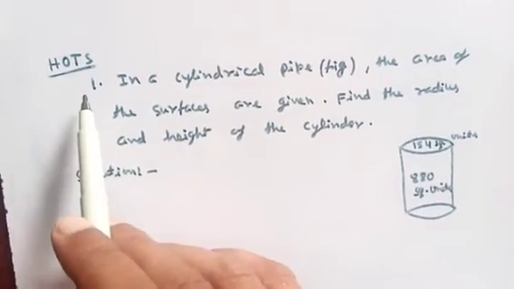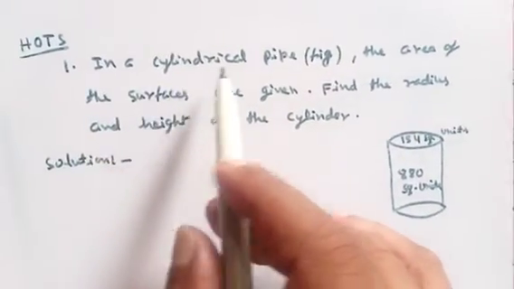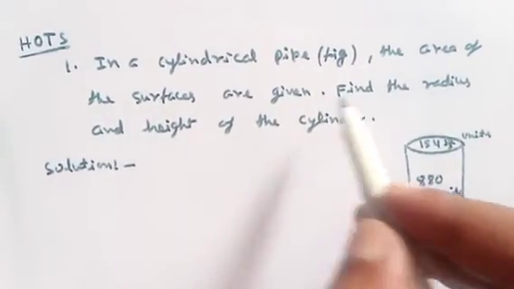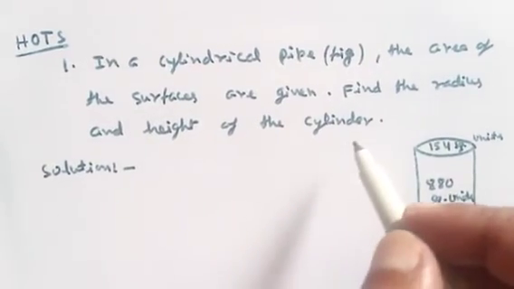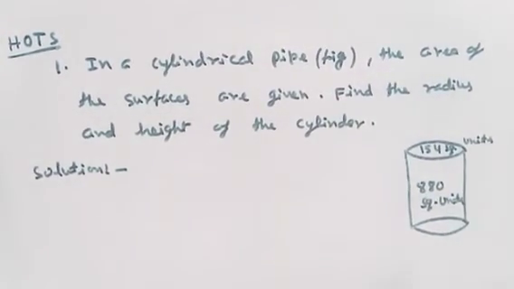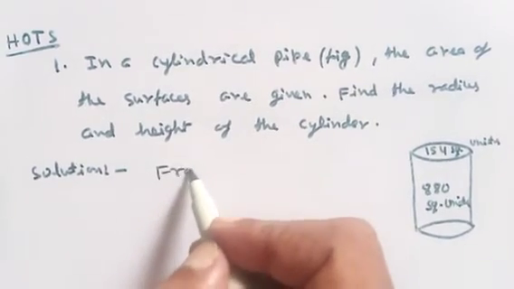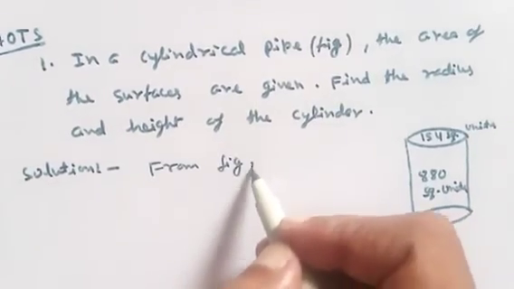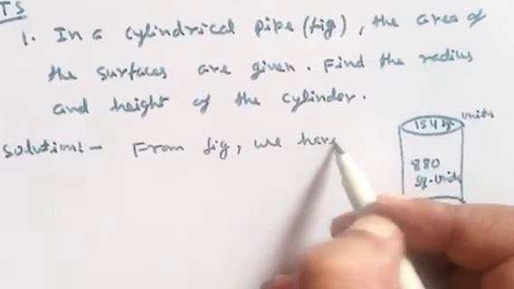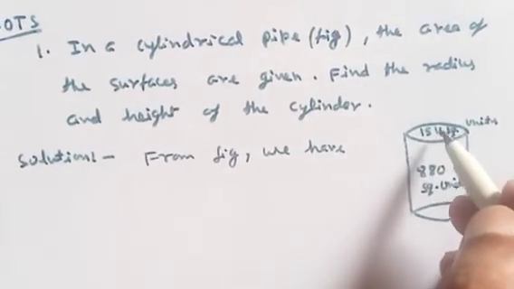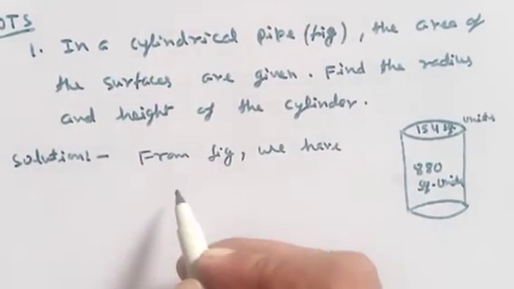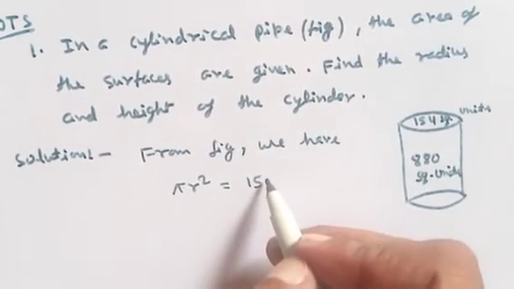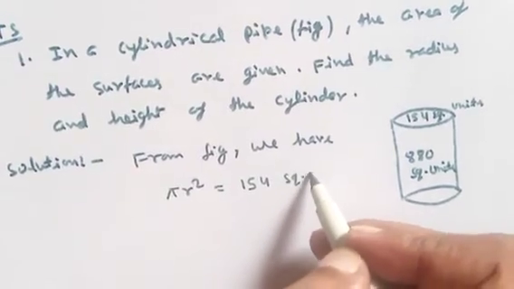Next is first question of exercise. In a cylindrical pipe, figure is given. The area of surfaces are given. Find the radius and height of the cylinder. From figure we have, this is the surface of circular top. It means pi r square equal to 154 square units,